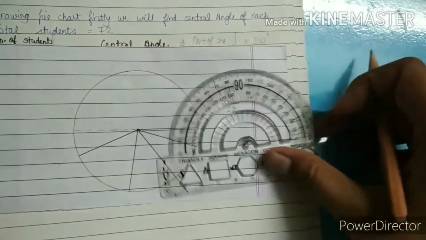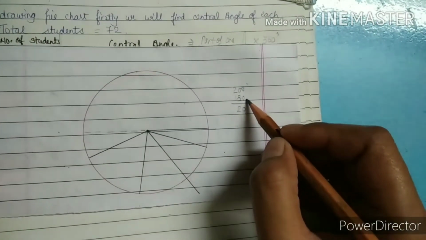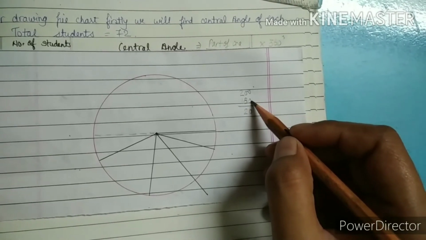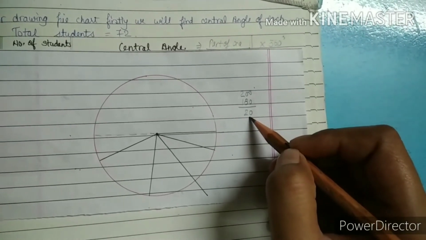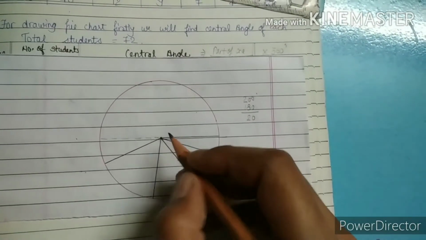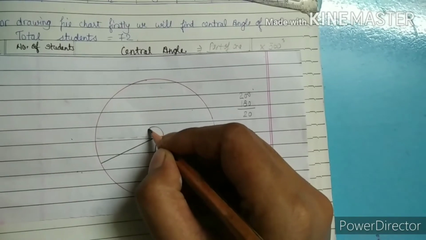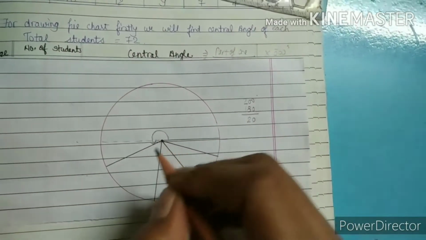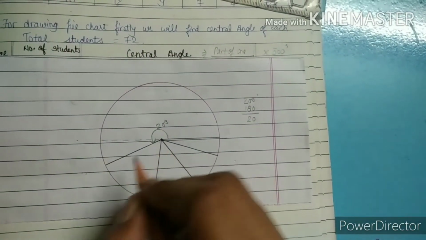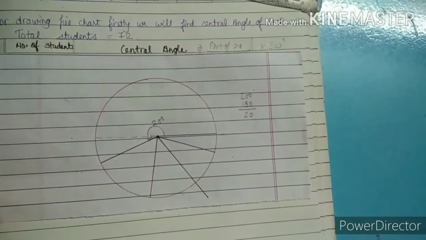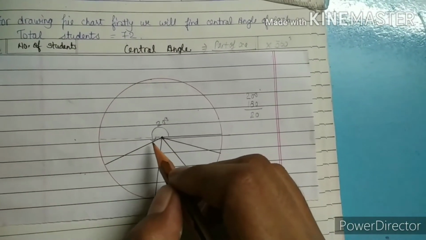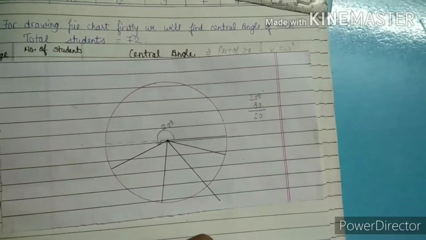So firstly we have to draw the line of 180 degrees, but we have to take 200 degrees. So 200 degrees minus 180 degrees will give us 20 degrees. It means after drawing 180 we have to draw 20 degrees more. So after drawing 20 degrees more, this much is our angle of 200 degrees. And after drawing 200 degrees, we will rub out the 180 degree line because that is not usable. Okay, we used it for drawing the 200 degree angle.